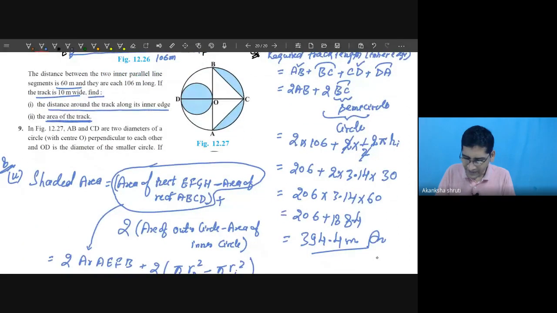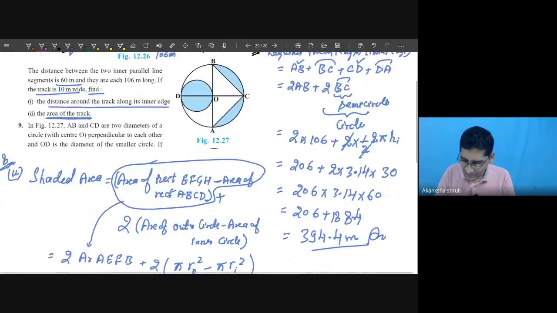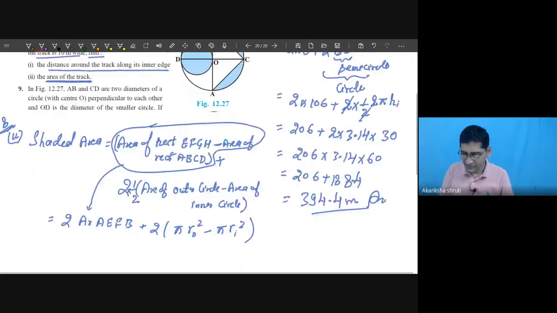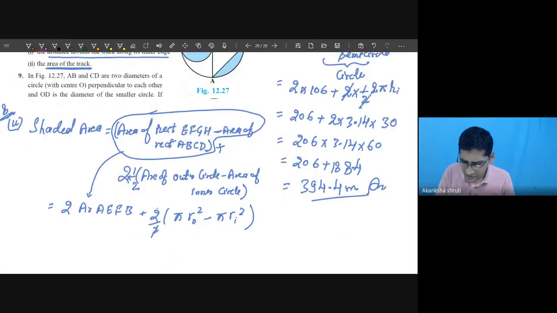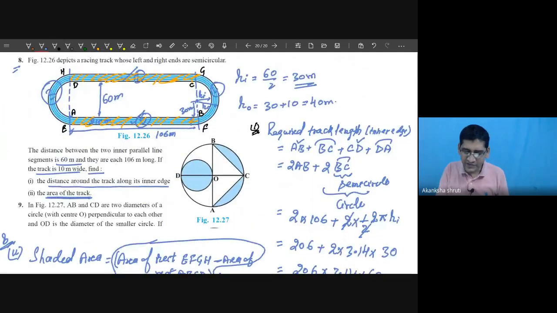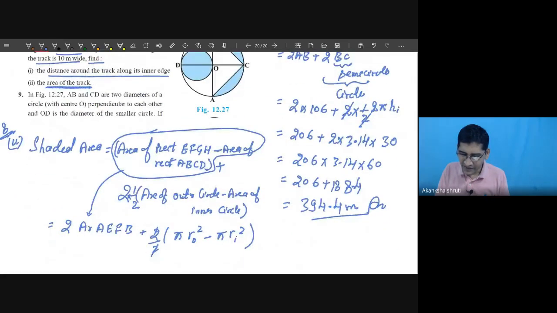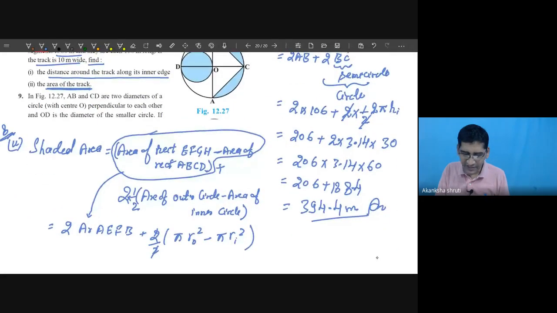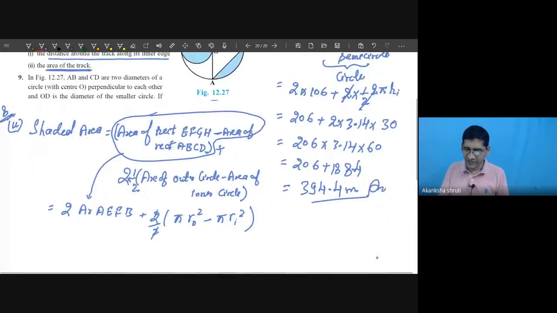So twice, while we have taken, this one is not the complete one. So this one we need to substitute by divide by 2 and this one also divided by 2. The entire 2 shall be taken out. This adjustment is missing here. Student, so one more half is required to be substituted here. By 2, these two will get cancelled. While we are taking the 2 times, the semicircle has to be taken, or removing the semicircle, only one circle can be taken. So this way, the 2 needs to be adjusted.